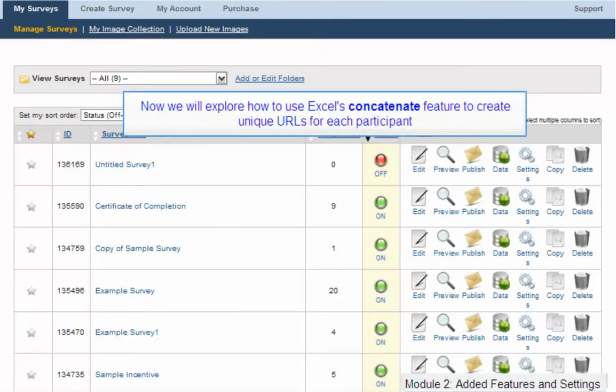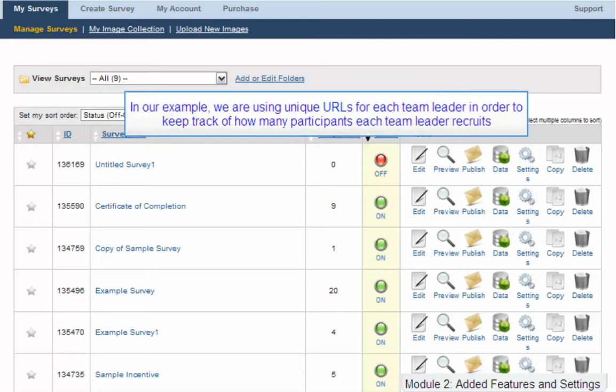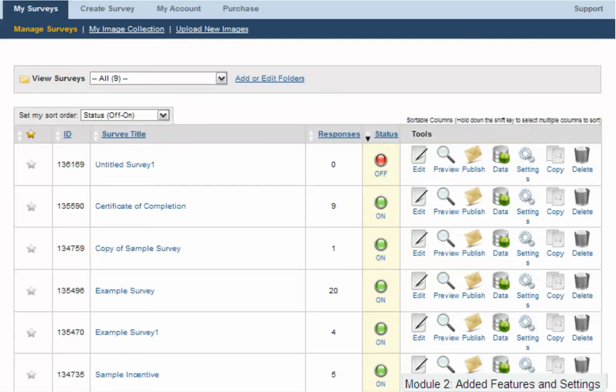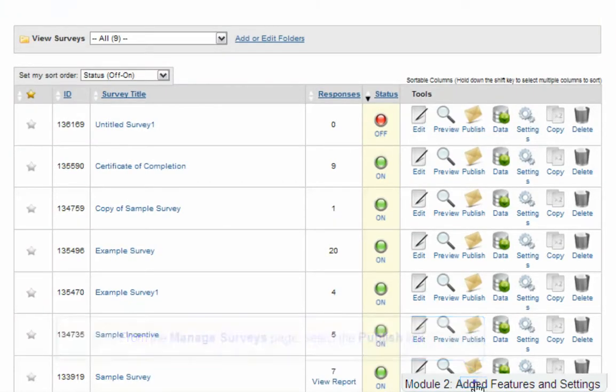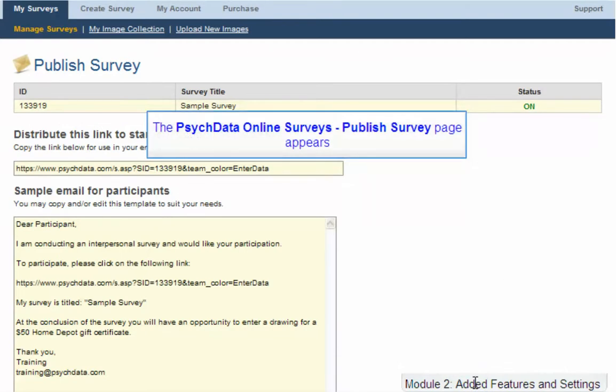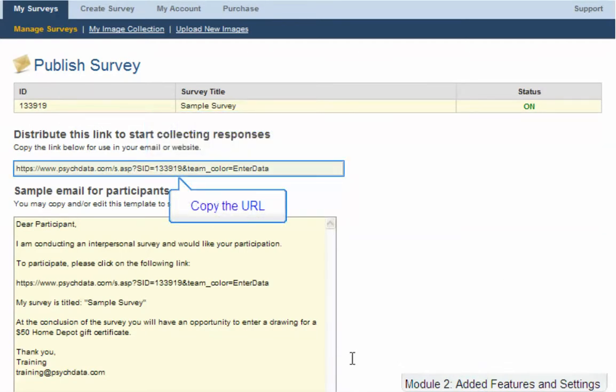Now we will explore how to use Excel's Concatenate feature to create unique URLs for each participant. In our example, we're using unique URLs for each team leader in order to keep track of how many participants each team leader recruits. From the Manage Surveys page, select the Publish link. The Publish Survey page appears. Copy the URL